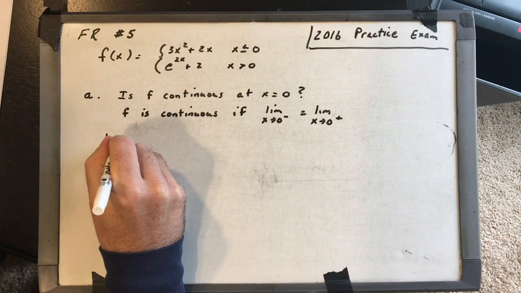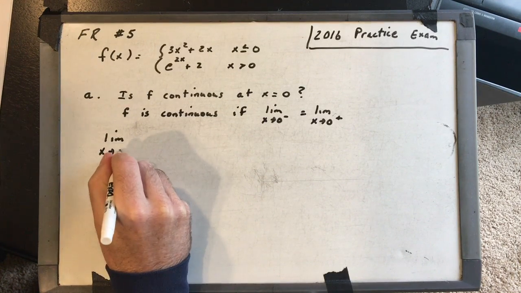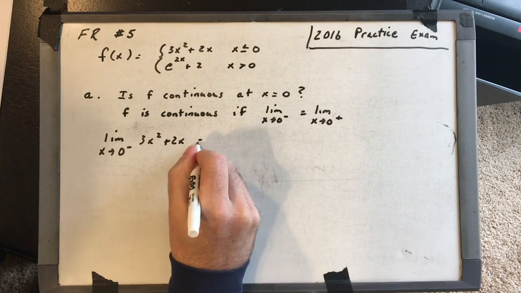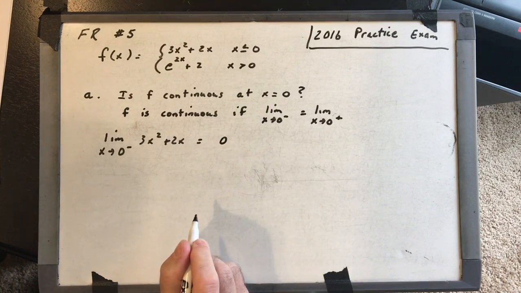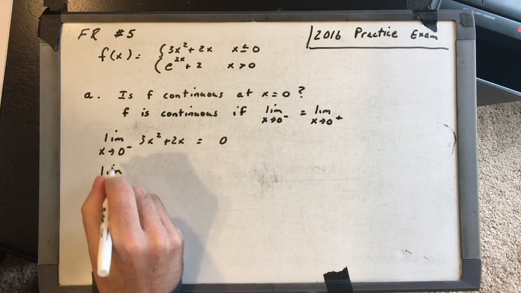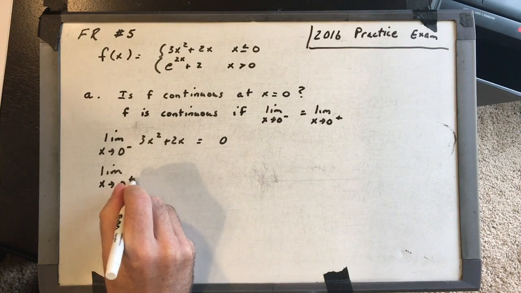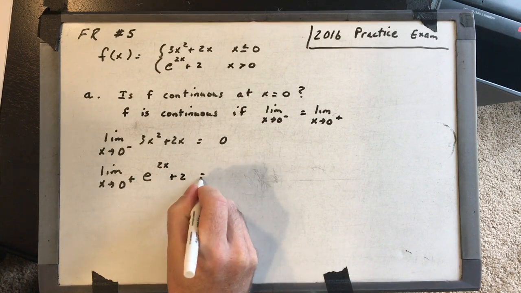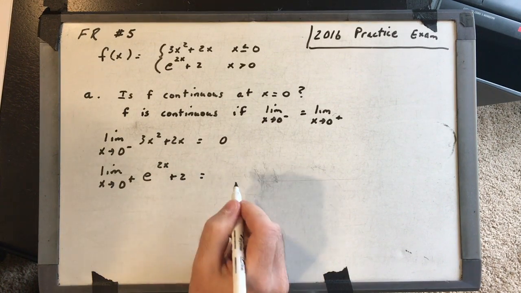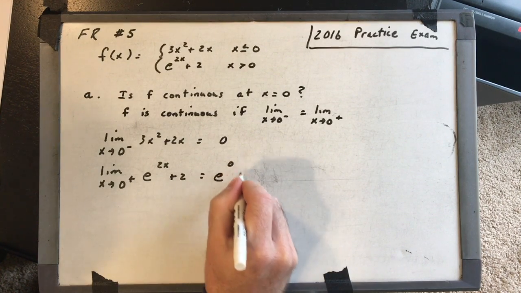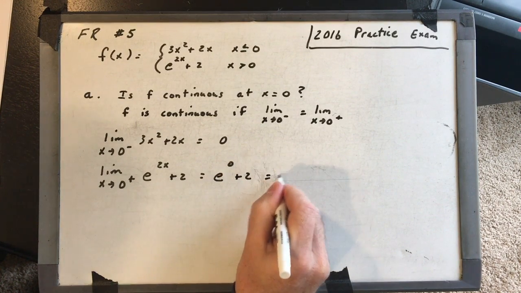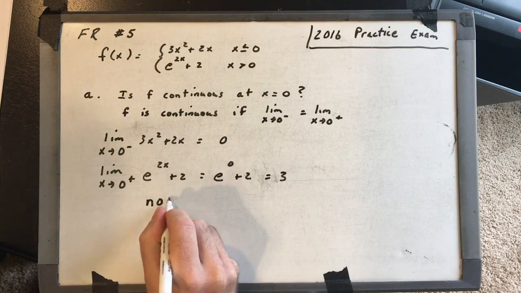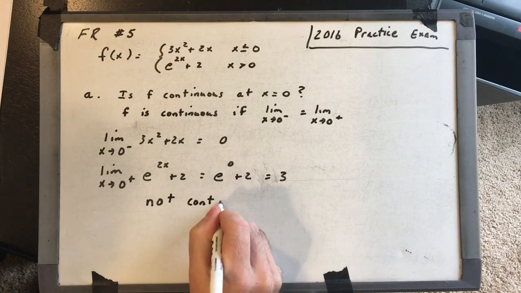All right, so the limit as x approaches 0 from the left of 3x squared plus 2x, plug 0 in, you get 0. The limit as x approaches 0 from the right of e to the 2x plus 2, we're going to plug that 0 in, you'll get e to the 0 plus 2. E to the 0 is 1, so that's 3. So the answer is no, or not continuous,